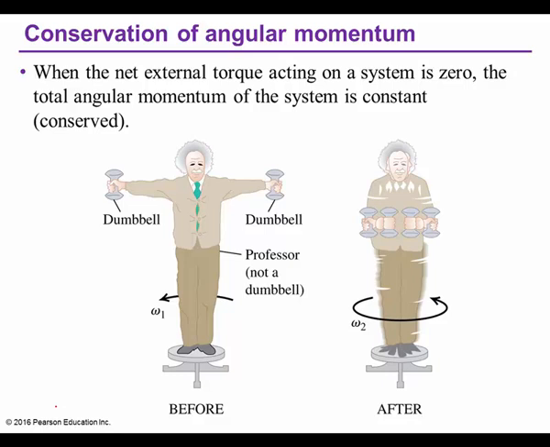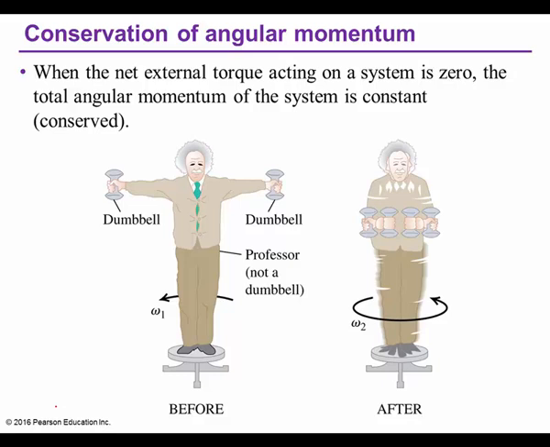Basically what they're trying to get you to understand is that when there's no external net torque acting on a system, the sum of all the torques should be equal to 0. Now, it doesn't mean there's no torque. It just means that there's not any net torque. For example, you have the professor here. He's on a stool, and he starts himself spinning, and he's holding the dumbbells out perpendicular to his body. You've all seen this demonstrated. You've all seen a figure skater do this. Then they're turning, aren't they? And they spin and they spin. But then when he starts to pull them in,